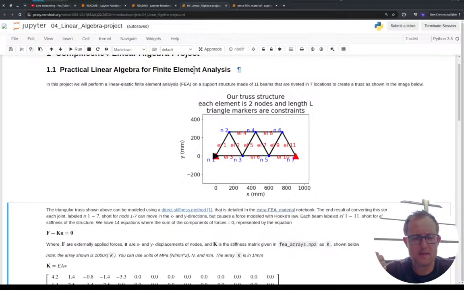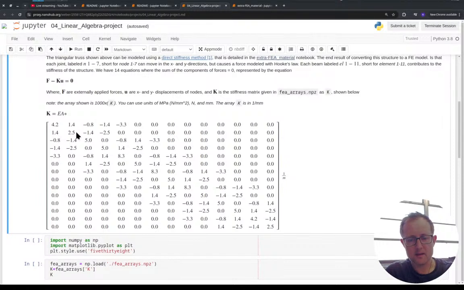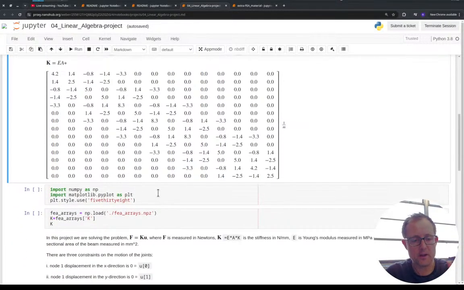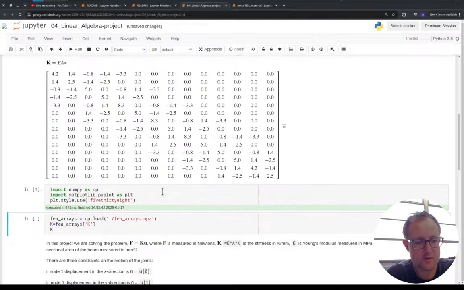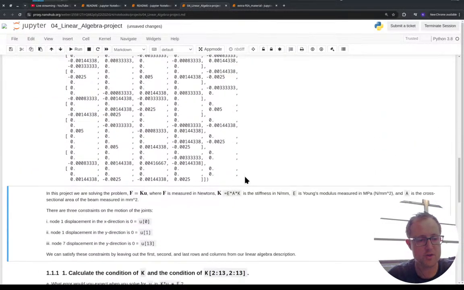And then once you've done that, it turns into one big linear algebra problem where we have a stiffness matrix K, displacement vector U, and applied forces F. One way to approach this is that we apply forces everywhere on this whole matrix. So we say that we know what all the external forces are, and then we solve for U. But what we found in that first homework is that if we try to do that,